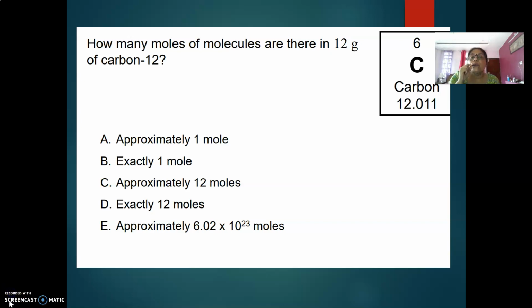Okay, this particular question gives us carbon-12. That 12 means that this is that isotope of carbon which has 6 protons and 6 neutrons. And if that is a 6 proton and 6 neutron system, then immediately 12 gram will be its atomic weight. Now, from the definition of mole, we know that 1 mole of a substance is equal to the atomic mass or the molecular mass. So here, the number of moles present will be exactly 1 mole. Please go to the next question then.